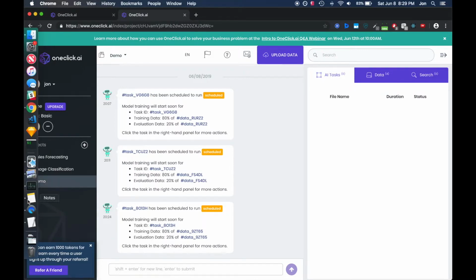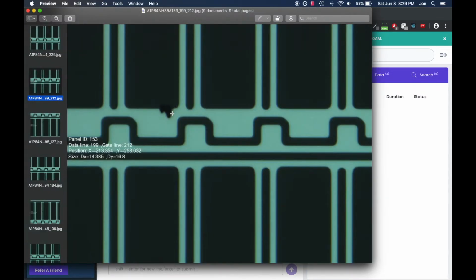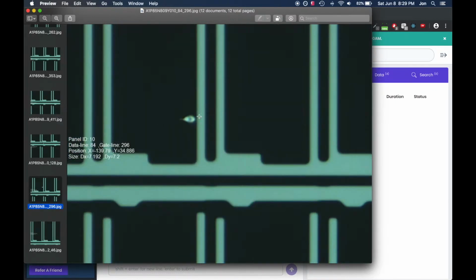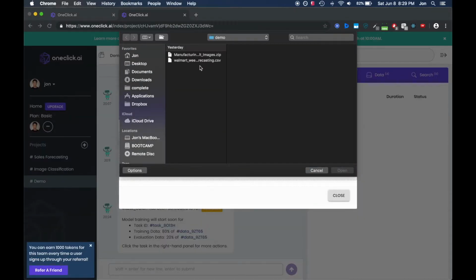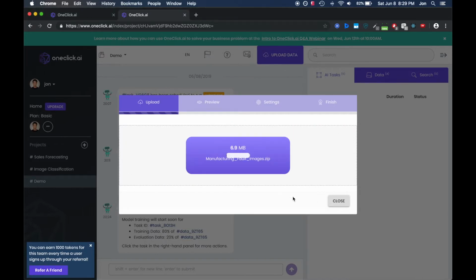faults in microchips. So for example, this fault looks sort of like a black dot in the clear area of the microchip, whereas this one looks like a clear area in the black part. So we're going to upload our images, and I'm going to fast forward while this uploads because it could take